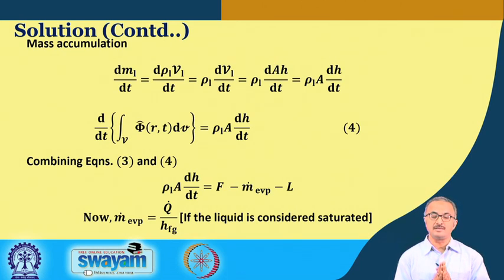The only thing we have to see is that if this assumption is not made, then we cannot write this expression, because the amount of heat liberated by the steam will also be used to heat up any subcooled liquid present in the system up to the saturated condition, and only after that can the evaporation term be added. Without going into those details, even though we can take those facts into account easily, the solution will become more involved. Other than this, the rest of the things can be done easily.